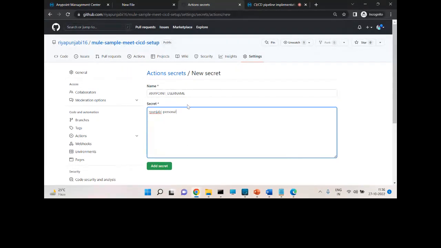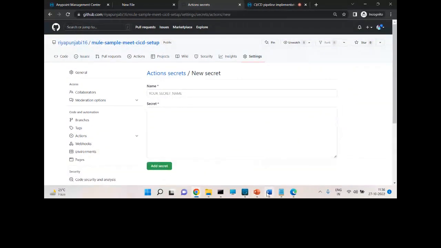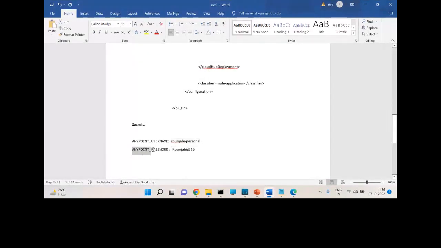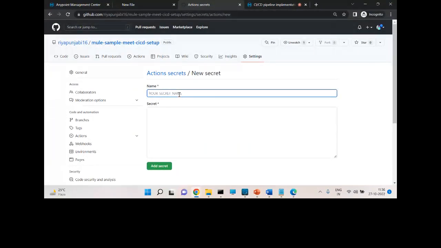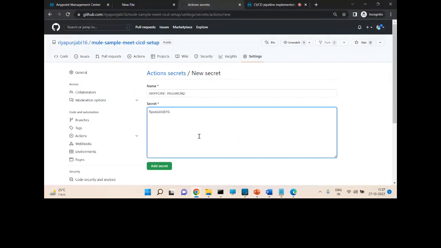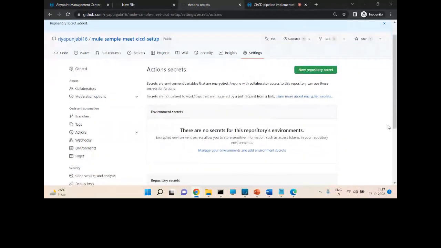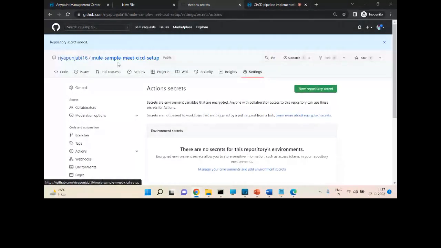So make sure there are no extra spaces here. And again, there is one more, which is the password. Yeah, I'm done adding secrets. These are the only two secrets which I need now.